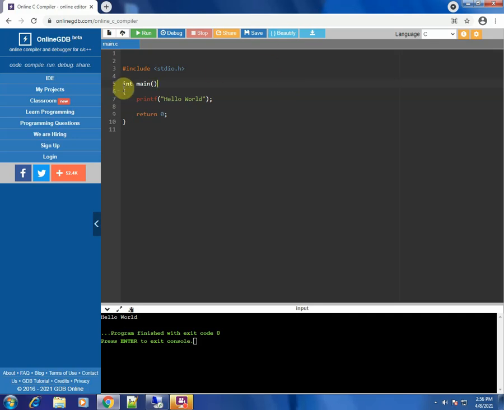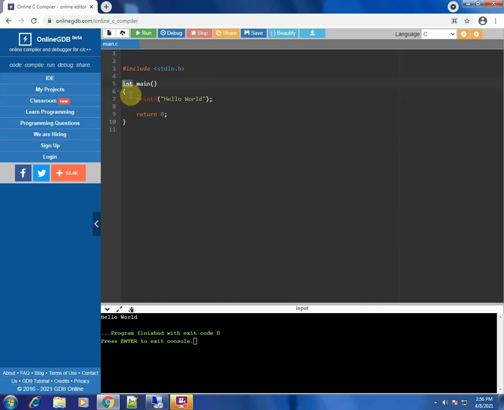Now this int, what you can see, stands for integer. It is a short form of integer. Integer is called a data type. Whenever we make use of data in C programs, we have to mention what kind of data it will be.